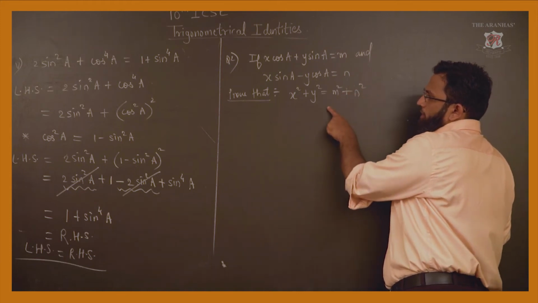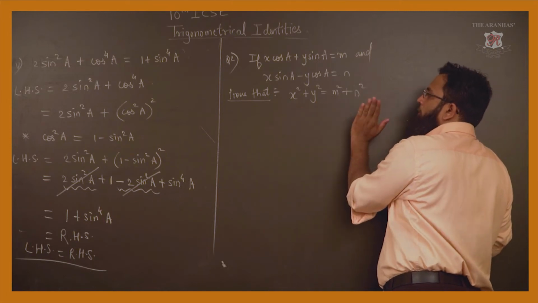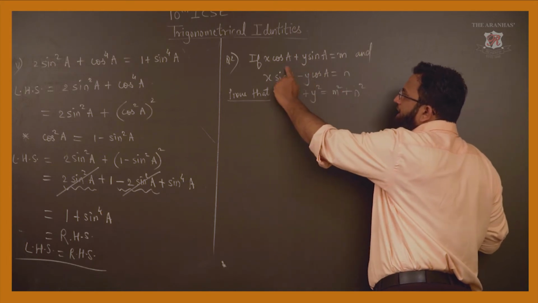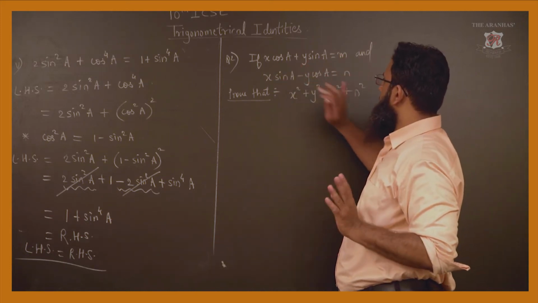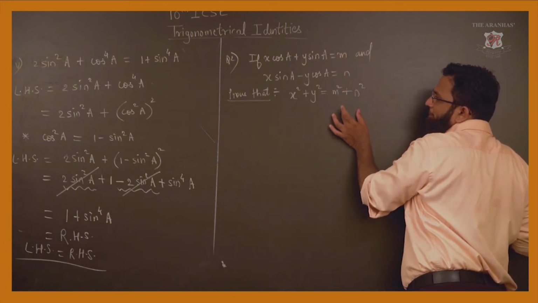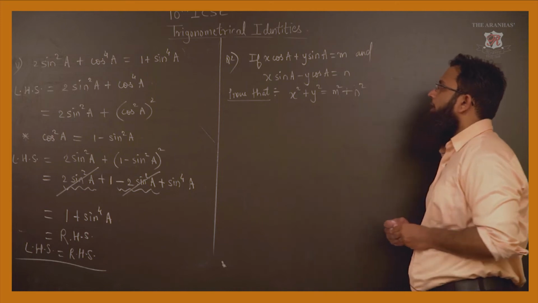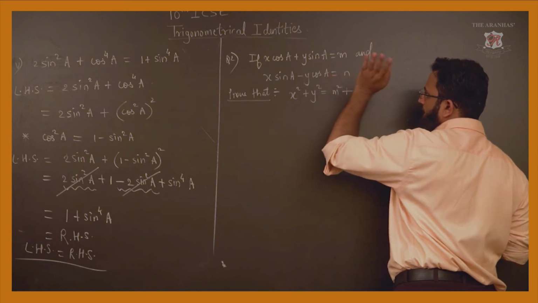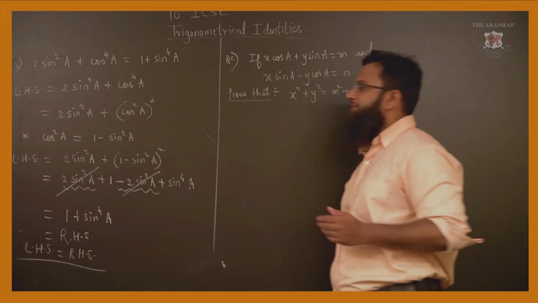Now, if you focus on the question, LHS is x square plus y square. So, if I start with this, I have to approach towards the RHS, which is m square plus n square. But since in the question already it is given that m is equal to these terms and n is equal to these terms, one can easily start from RHS, squaring these, adding them, expanding further and checking whether the answer comes out to be x square plus y square. Or the other option is finding x from here, y and then doing it, which will be very, very complicated. So, today I suggest go with RHS.